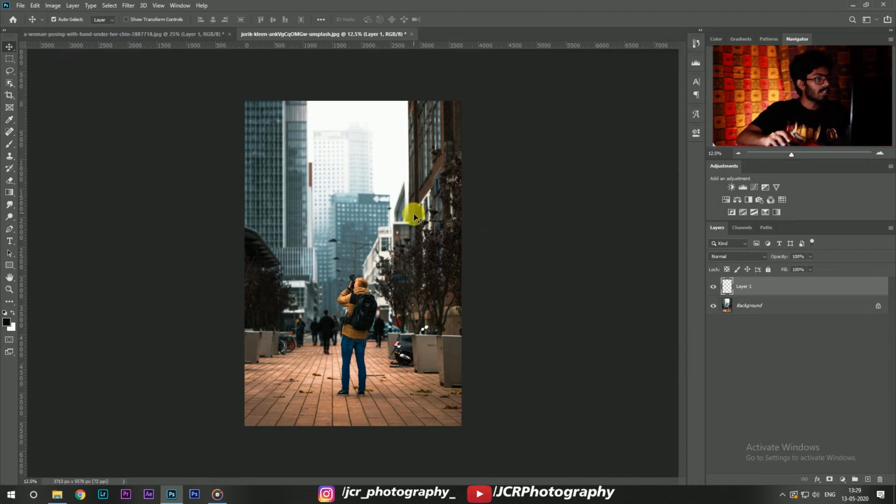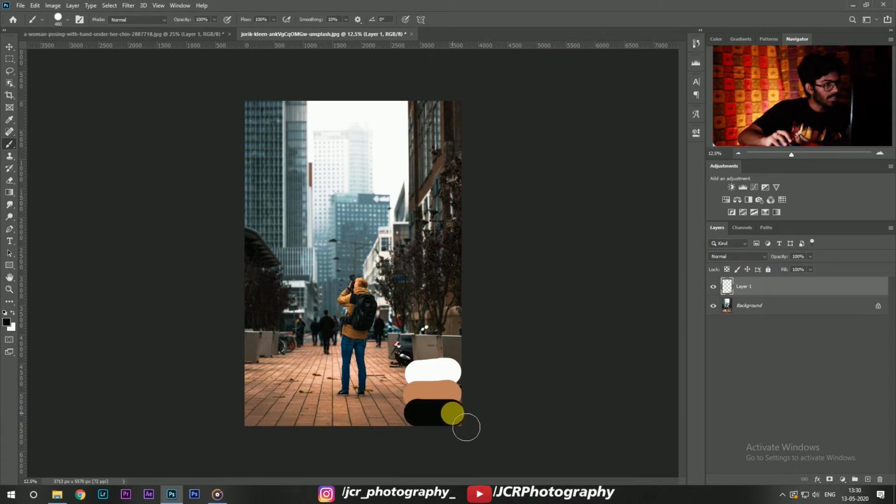Okay, and then just close it, and now hold Alt/Option to sample the color of the highlights, and then I'm going to paint in the corner, and then for midtones I'm going to sample the color from the floor, and then paint here, and then for shadows I'm going to take the plants below the roof, that seems dark, so I'm going to sample that, and then paint it.